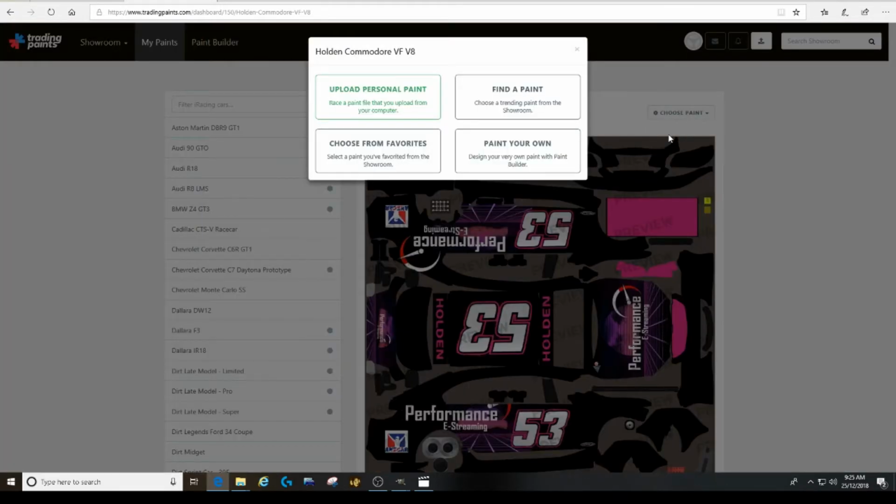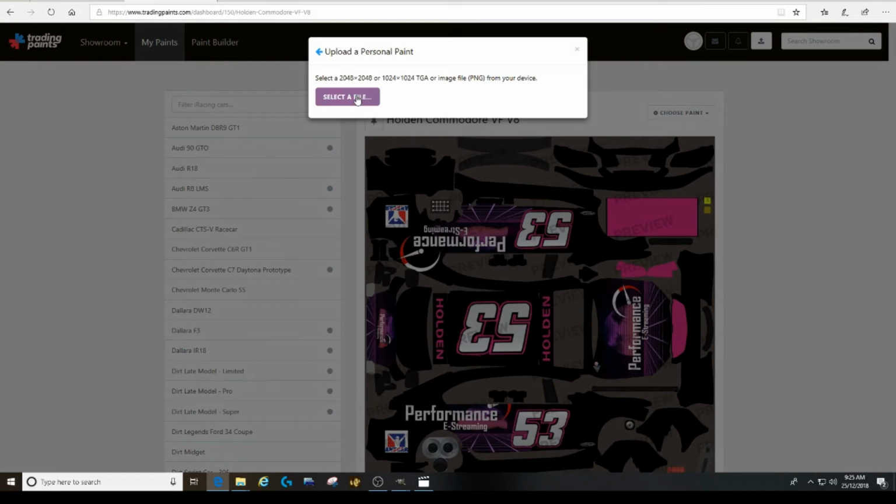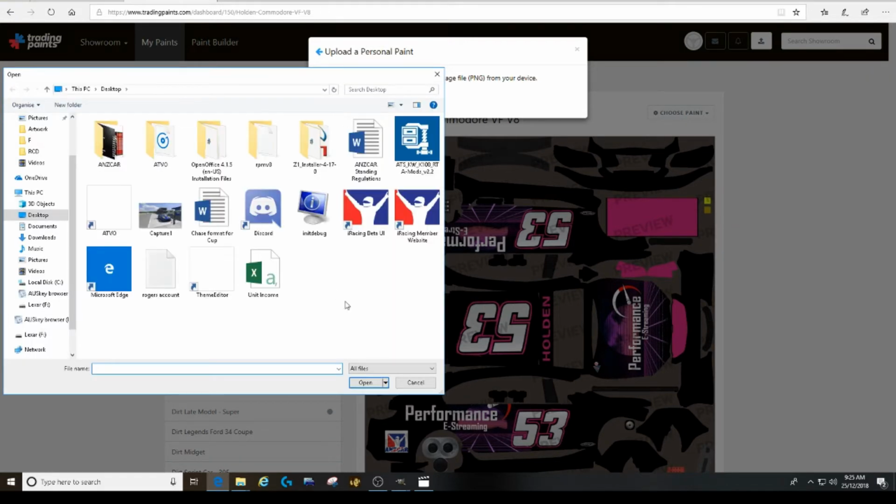You've got to sign up for this. There is a paid version that allows you to do your pit crews and everything like that as well. But if you have the free version, you can still do basic paints like this and just have the car done. So go to select a file, and now it just wants us to find the file